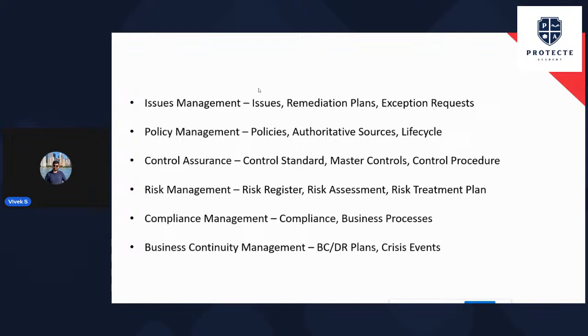So right from designing a control up until how it is implemented, along with it, how do we test the controls as well? Because for controls, it is not that once a control is designed, we are done. No, we have to ensure that we are testing this control regularly as well. So how does the testing of controls take place? Who are the responsible stakeholders for doing the testing on the control? What is the life cycle of control testing, and how do we ensure that this testing is happening at an effective stage, and ensuring that the controls we have are effective in the organization and useful? We would be working on that entire life cycle